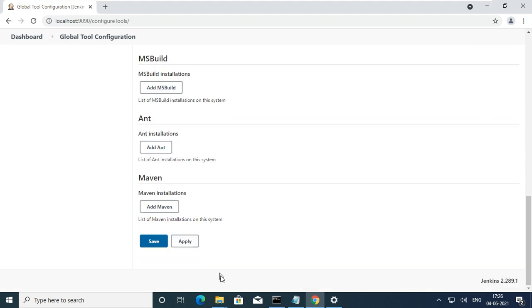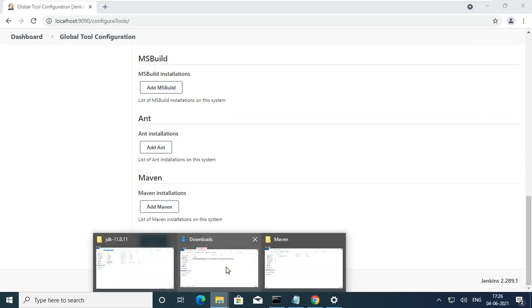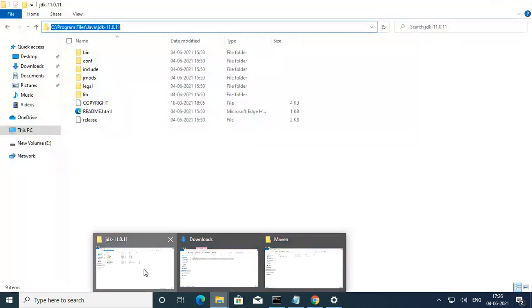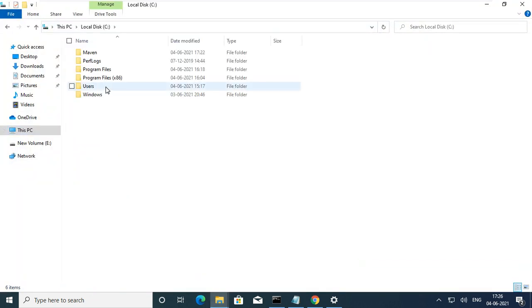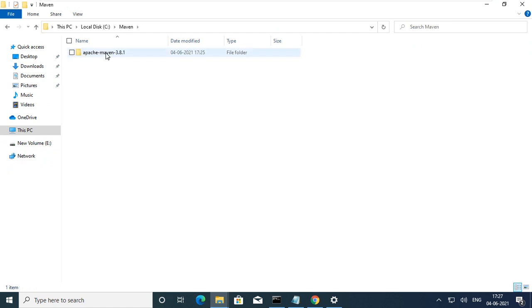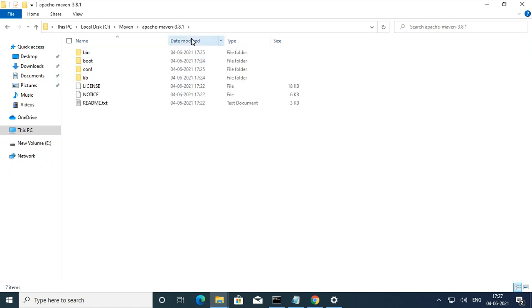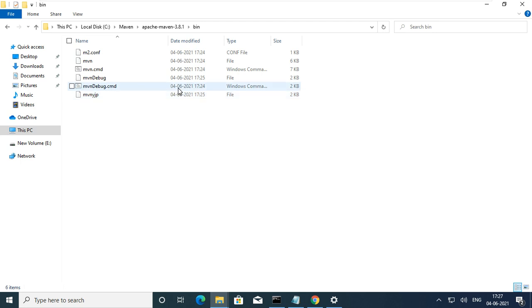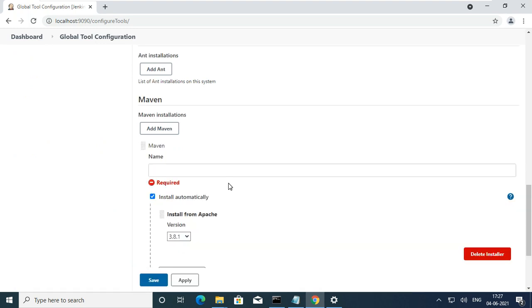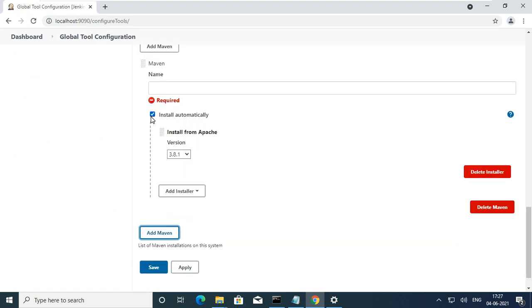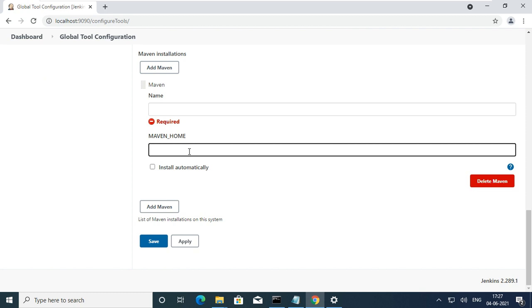Next, Maven. I want to add Maven also. I extracted Maven in the C drive, in a separate Maven folder. Here it is, a bin. I'm giving the direct bin folder. So we'll add Maven. This is automatic installation, I don't require the Maven home directory.